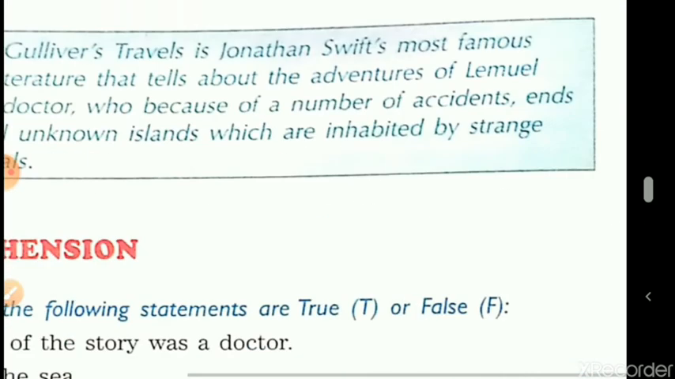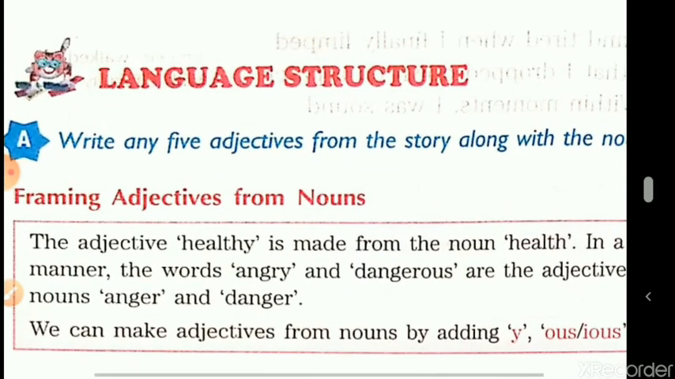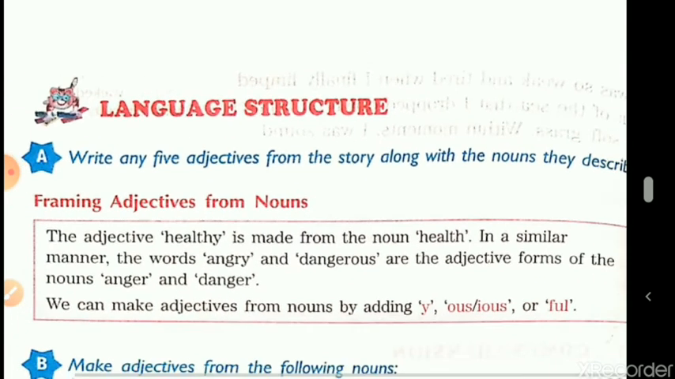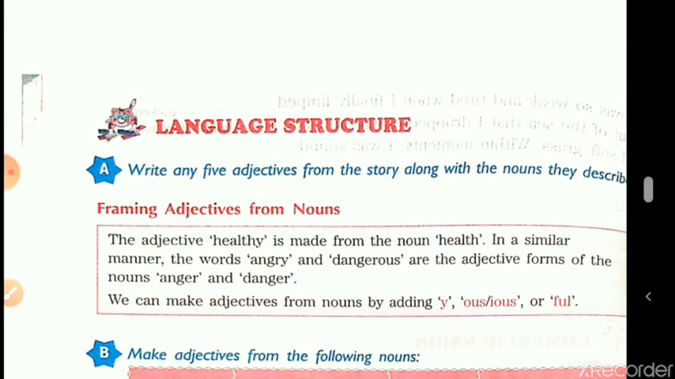So children, now we have finished the comprehension. Now I start with language structure. The first exercise of language structure, children, is: write any 5 adjectives from the story along with the nouns they describe. अभी बेटा हमें स्टोरी हमने पढ़ी Gulliver's Travel और इस स्टोरी में से हमको 5 adjectives we need to sort out और जिनके आगे adjective हो और पीछे noun हो